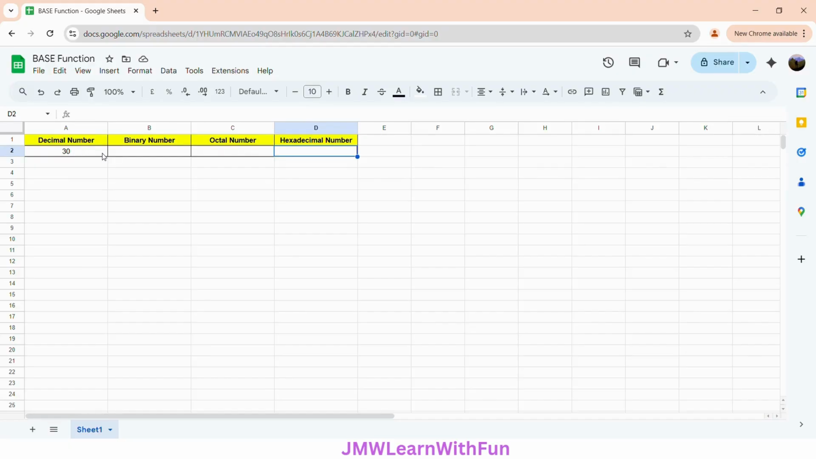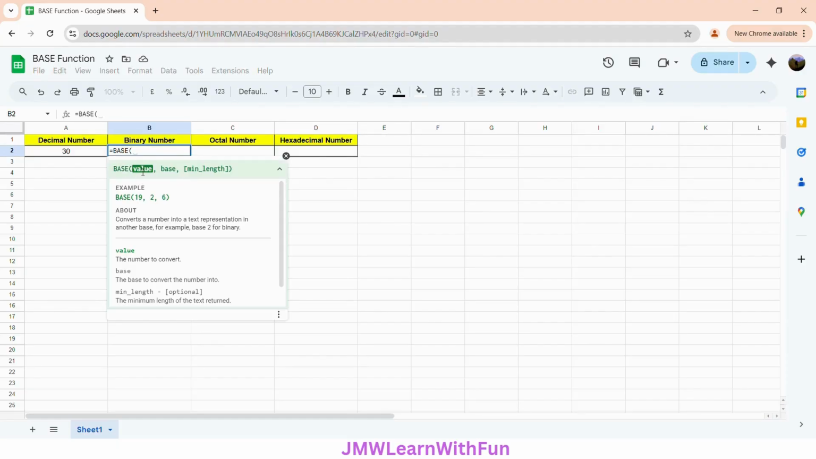Now, to get the binary number equivalent of the decimal number, 30, given in cell A2, we will first head to the B2 cell, then we will use the base function, which converts between bases. It takes value, base, and optional min length as arguments. An example is shown. For our case, we will write equal to base, value is given in cell A2, so